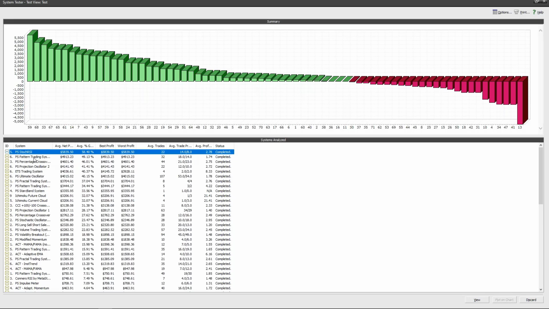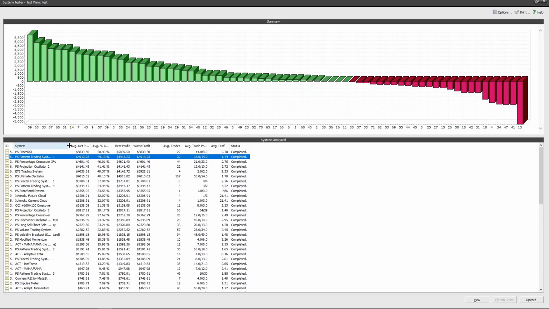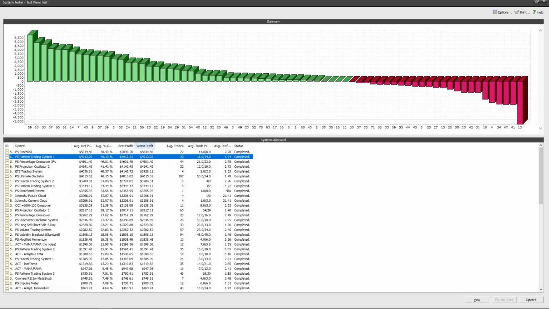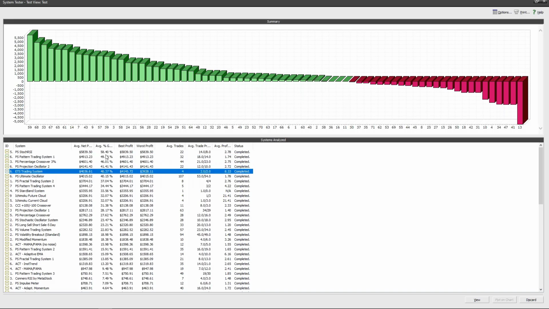Okay, our next best system was the PS trading system #1. You can get a view of the rules. Now, sometimes I'll spend a lot of time talking about finding the method that works well for you. Find stuff that has low drawdowns. Maybe I might take this ETS system because it didn't make as much money, it was 40 instead of 58%, but it only traded 4 times in that year. We're not going to go into quite that detail, because I want to be respectful of the time I've been given here.